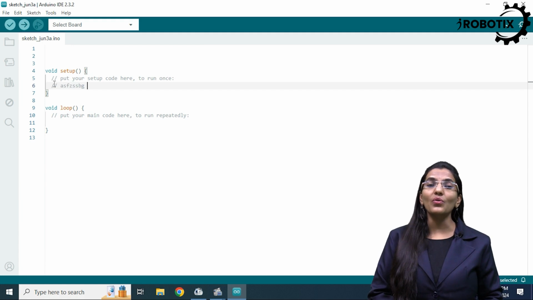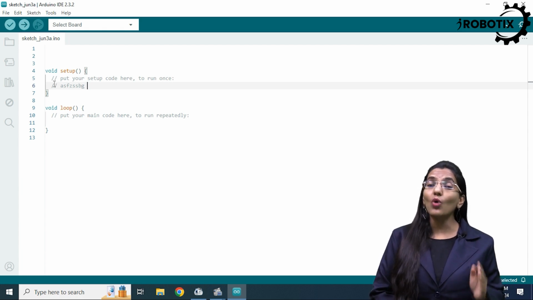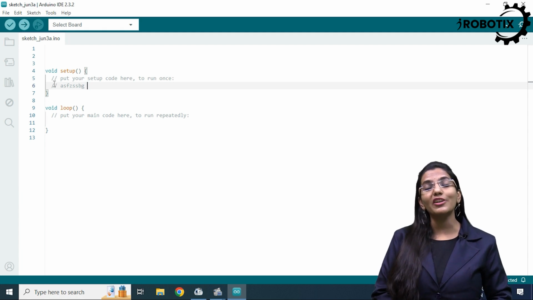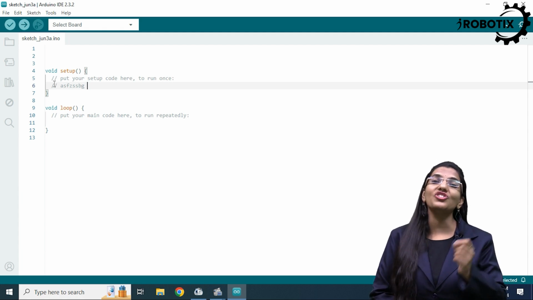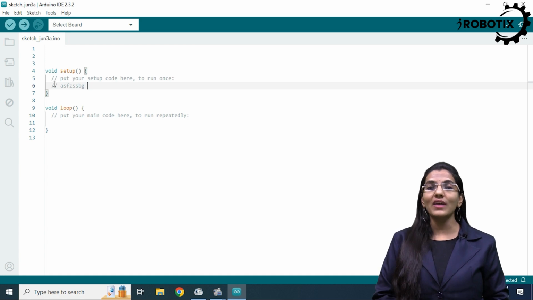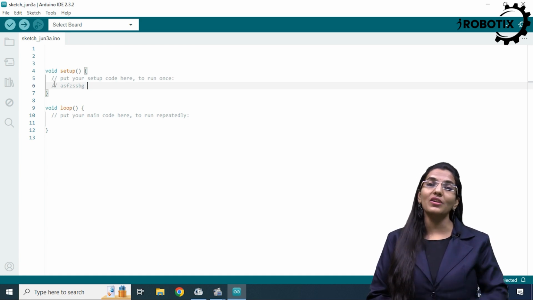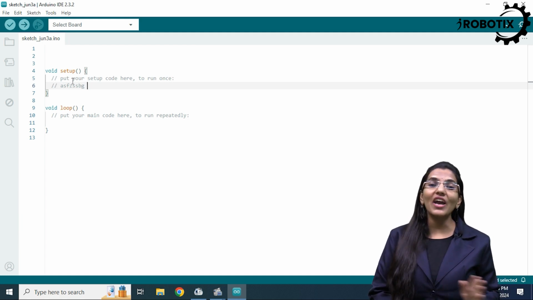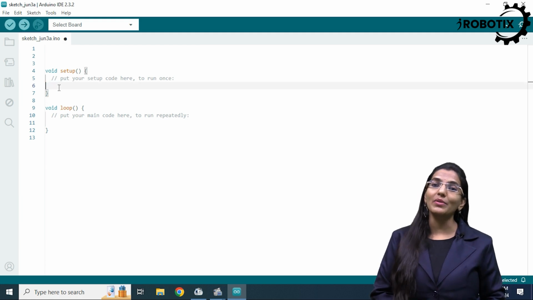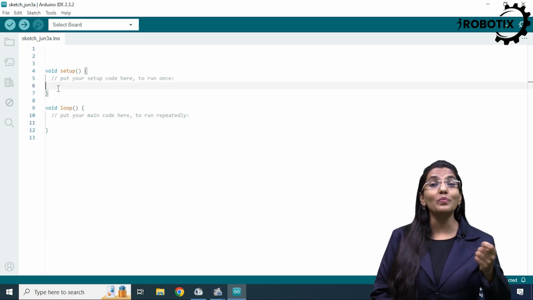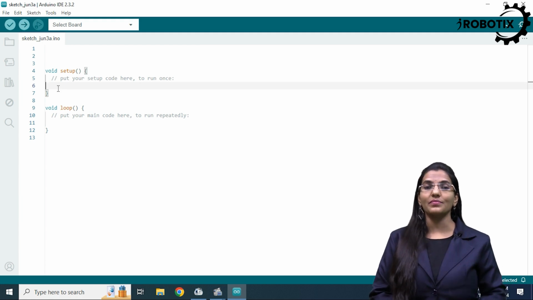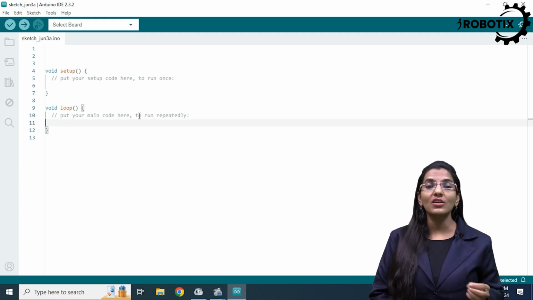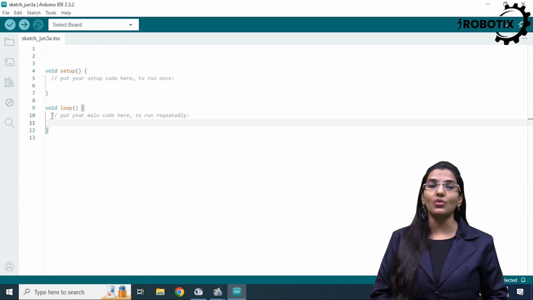Okay? So we are going to come back to those functions quite a few times in this course. But basically, what you would write inside the void setup function is the code to initialize your program. For example, to initialize variables, to set up a sensor or to set up a communication. So everything that you need to set up at the beginning of your program and that you basically need to set up once. And then in the loop function, you write your application code.